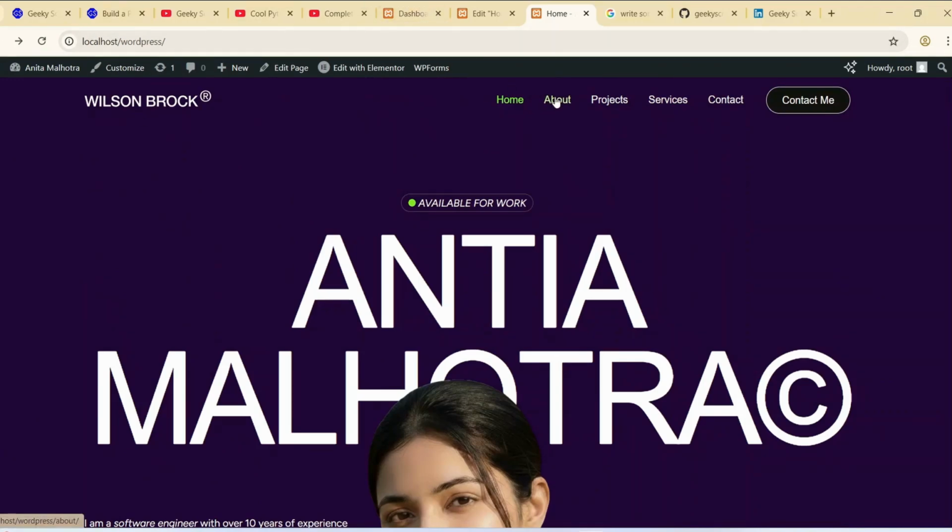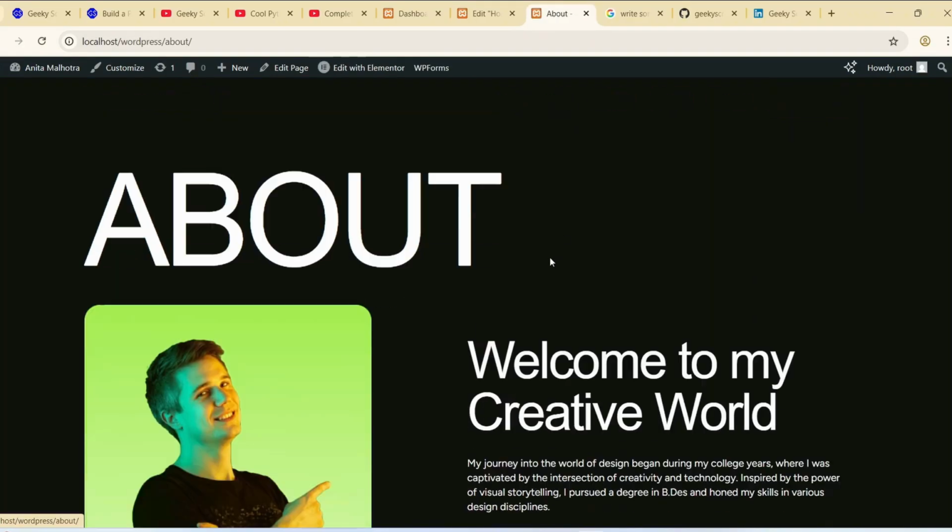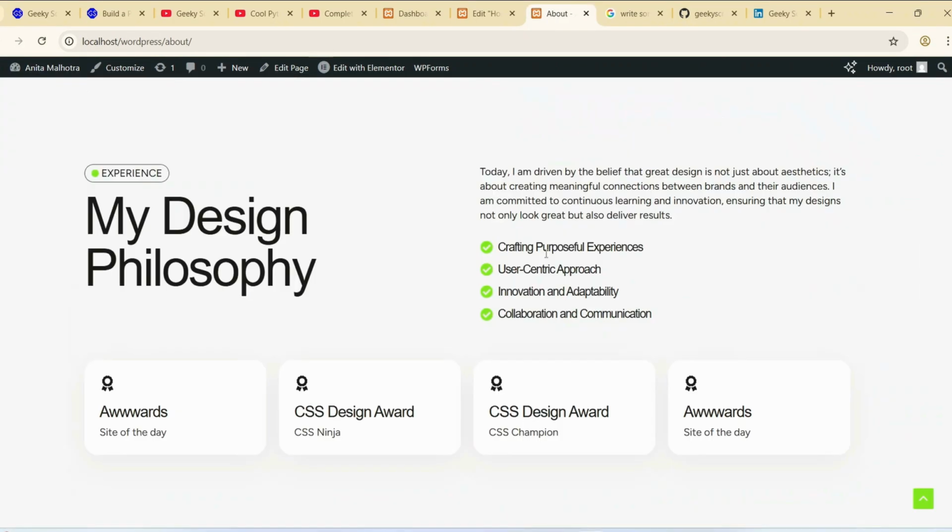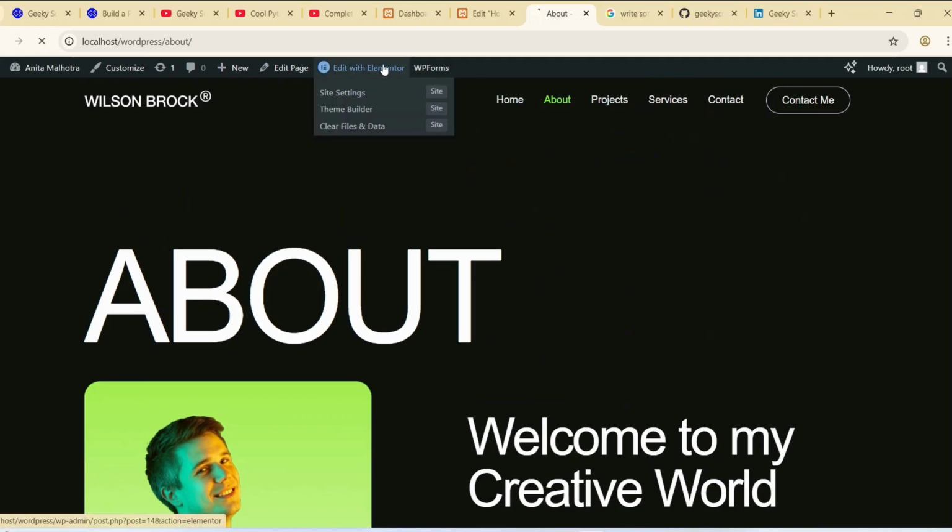Let's move on to the about page. So when you click on about, this is our about page. We need to customize it. So let's click on edit with Elementor,